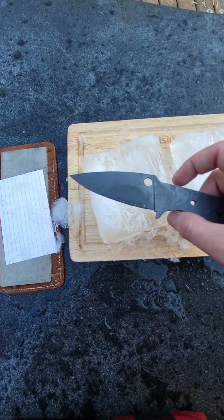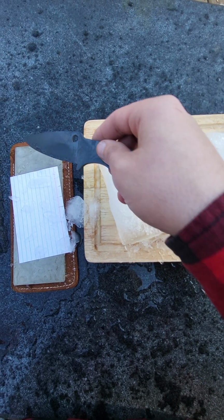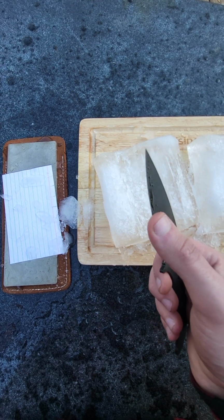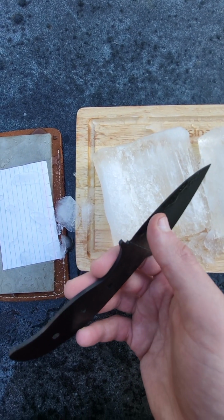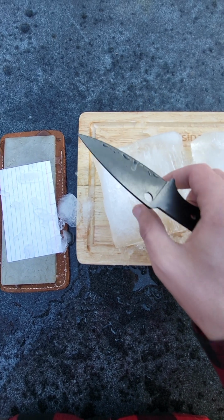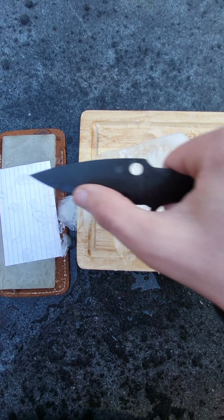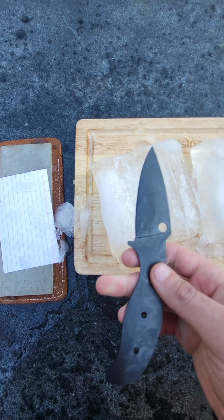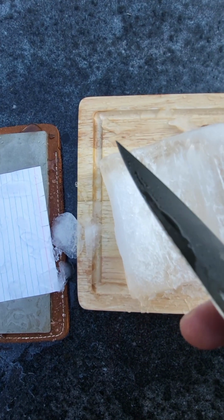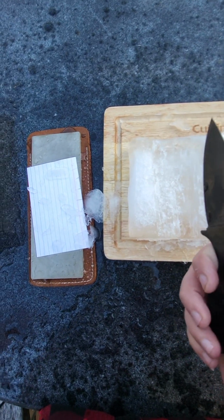I know my next sharpening, I'm actually going to use the 400 side, because I heard 600 or higher is the way to go. So we'll try the 400 side. What I was hoping for was to create microchips, and because on the 400 side the abrasives are more spread out, I was hoping it would get inside the microchips and just rip them out and exaggerate the damage a little bit more. Ice doesn't seem to be causing that much damage, so maybe I will take it to something else, something